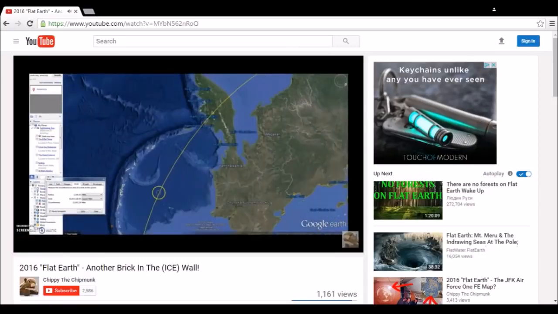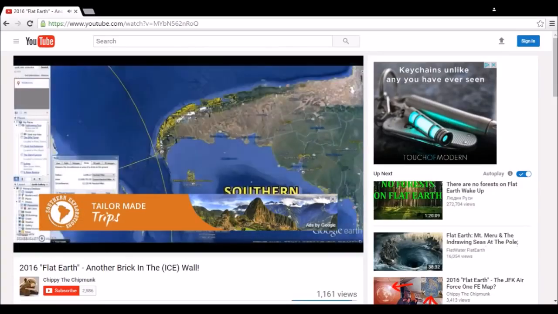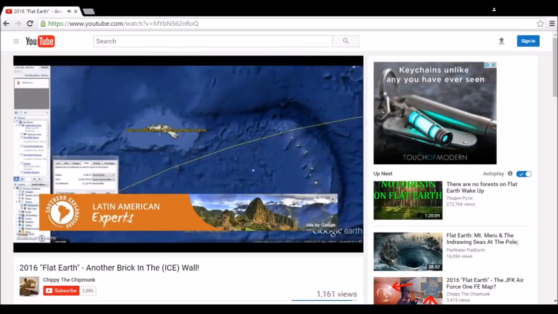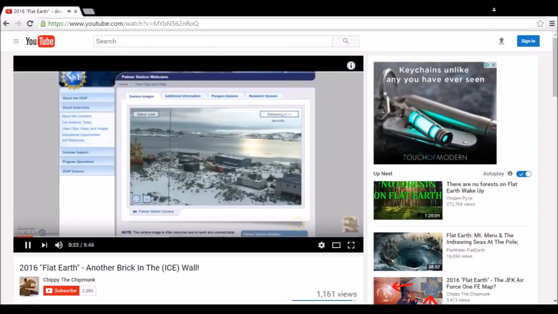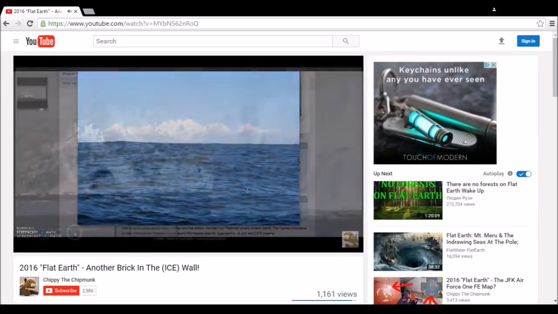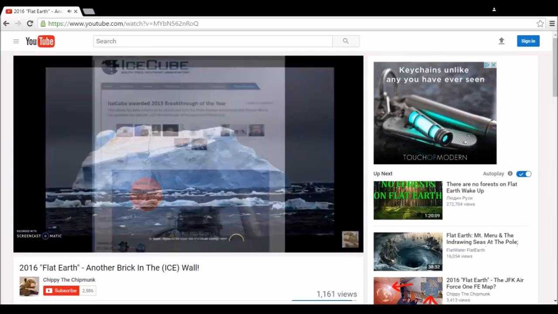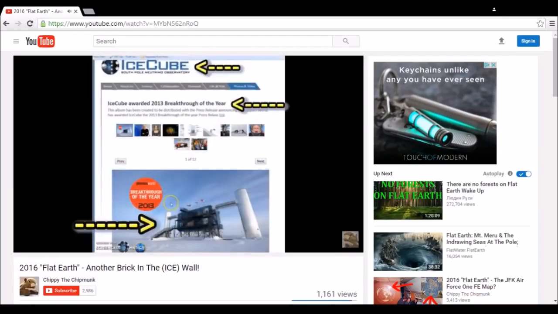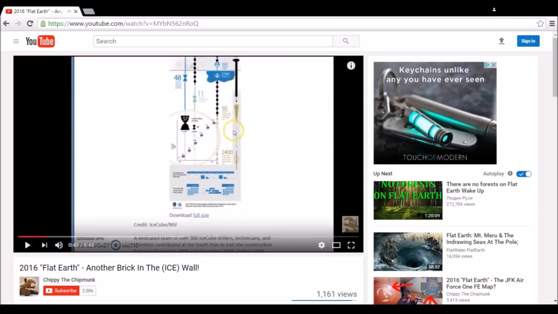And this line goes all the way through how they basically took everything and stretched it out. And everybody thinks that basically this line is where they took everything and they stretch it. And this guy uses polar mapping from a variety of sources to show you where the ice wall actually starts and how they actually overstretch the images. He goes into an NSF project called IceCube, and this is a different topic altogether, but I wanted to show you that clip